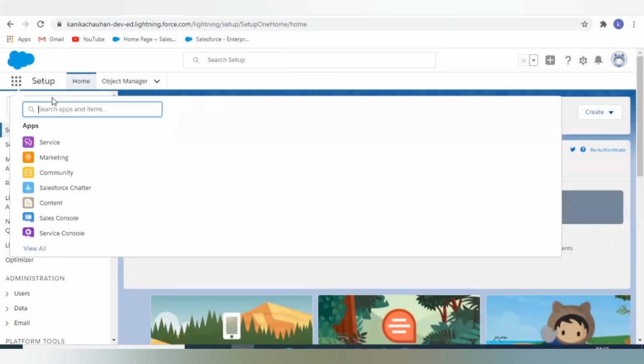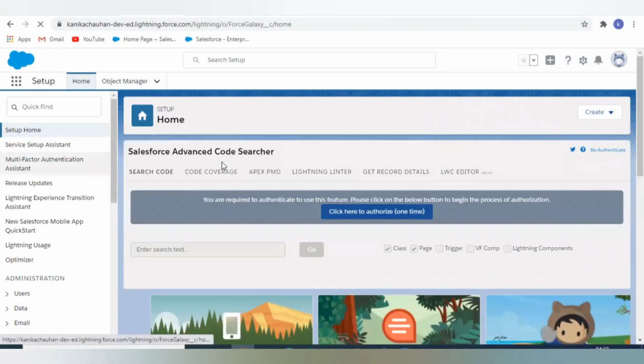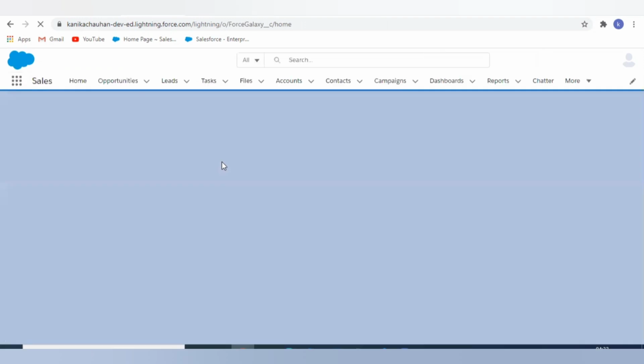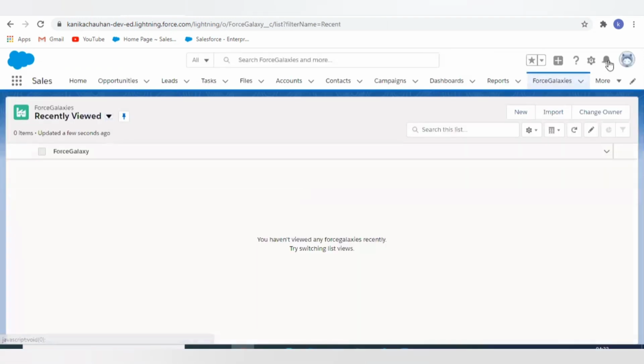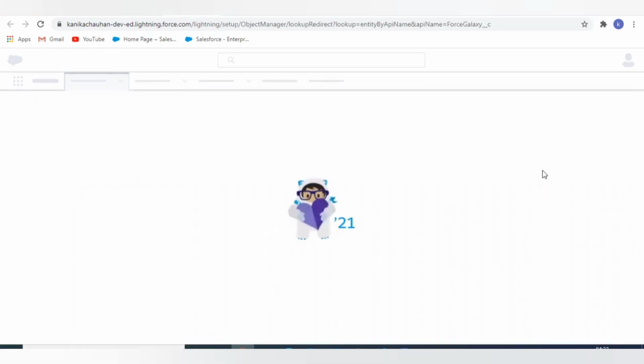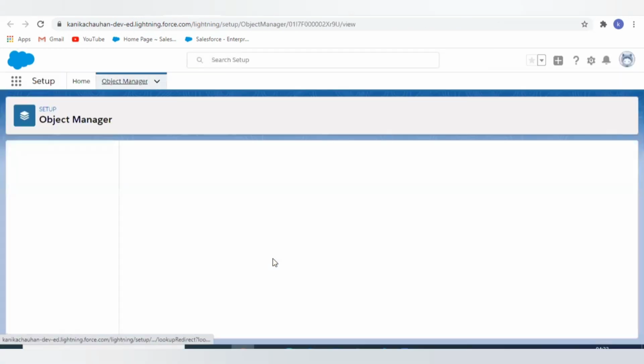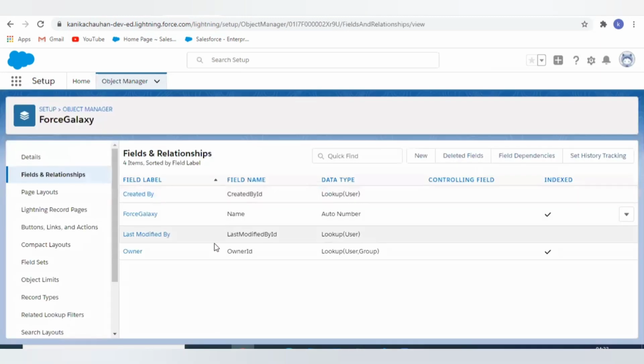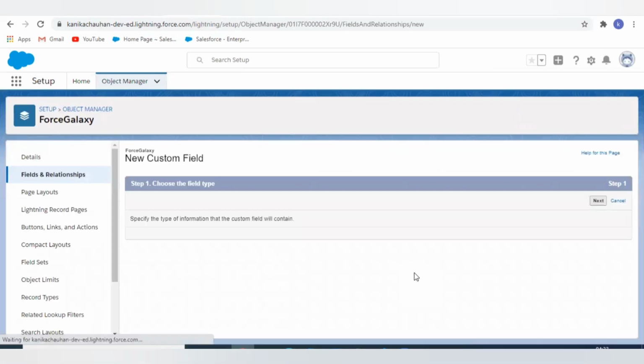Let's move to our screen. If you guys remember, in our last video, that is Salesforce object, we have created a custom object, Force Galaxy. Now opening the same object, we're going to create a new master detail relationship field. So opening its fields and relation, new.